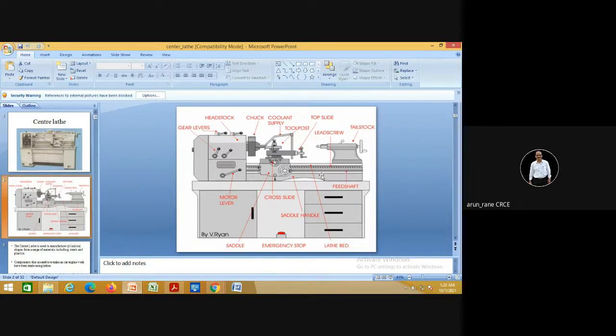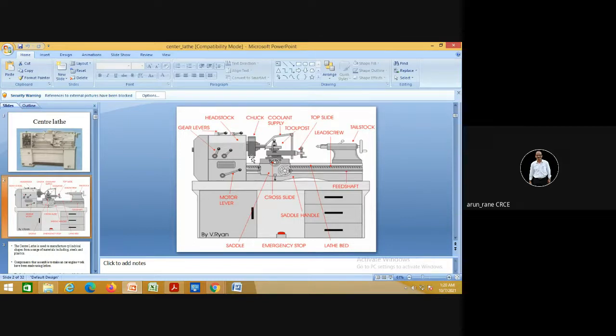Now the purpose of the hand wheel is to do cutting manually. But what happens when you do manual cutting? That time you get a very rough finish, because in manual cutting you cannot move the hand wheel smoothly. So if you want a good finish, that is one thing.